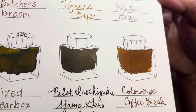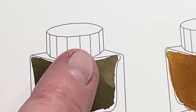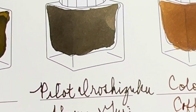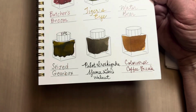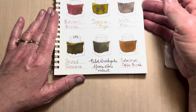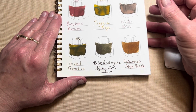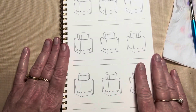So here's a look at the dried version. I really like this green shade that it has to the base. So it dries a lot lighter than it looks when it's wet. And also it's currently inked in my Pilot Elite or E95S, however we want to call that. So we'll turn the page and start anew with